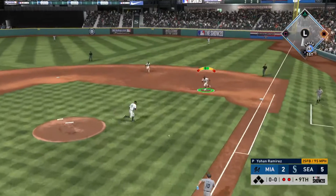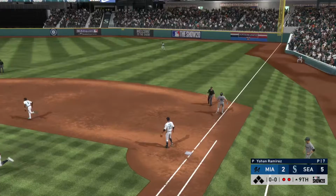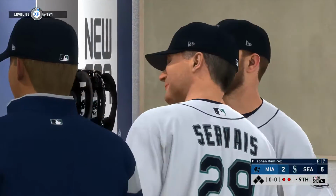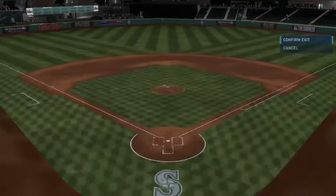Weak roller right side. Bell brings it in. Throw on to first, and the ball game is over. And a nice job here to come in and slam the door. That's his first save of the season, but it certainly won't be his last. 5-2 the final score tonight. The Seattle Mariners used a nice fifth inning to take the lead, and they never